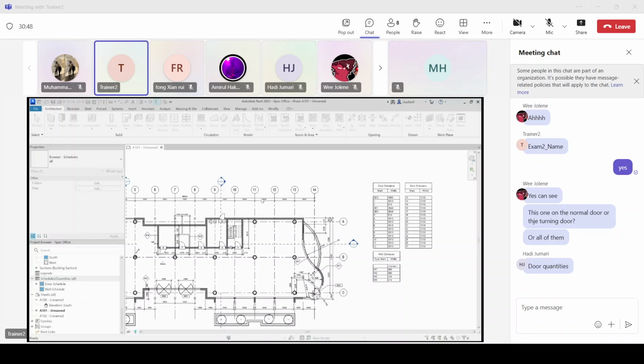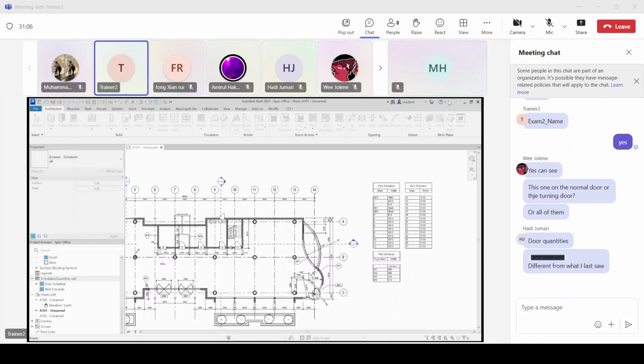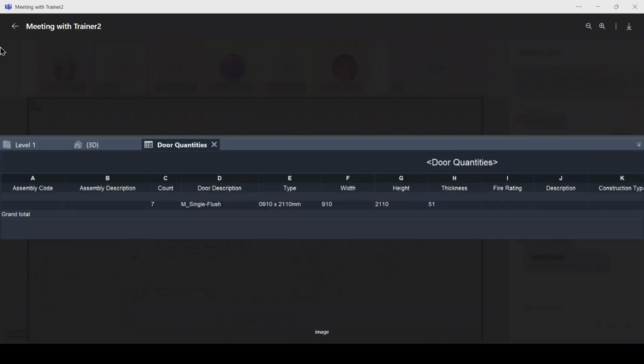And then select which ones you want to include in the schedule fields. How to include? Just click the one with the grid, the add parameters. I will highlight again.